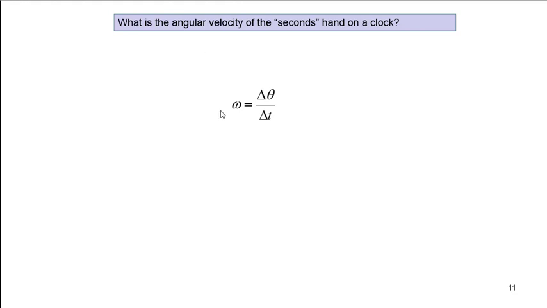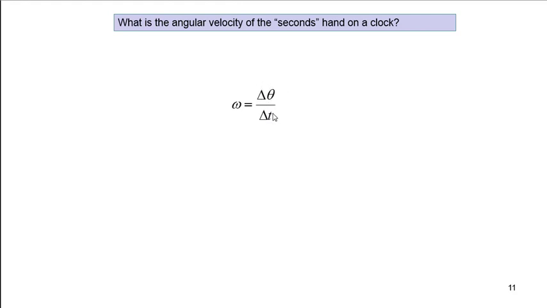So I'm going to use my basic definition. First of all, I'm going to recognize that this is an example of uniform circular motion. Nothing is going faster and faster. It's always going at the same speed. That means I can use this simple equation here where I'm trying to calculate the angular velocity. I'm going to look at how much the angular displacement changes over a certain amount of time and how long